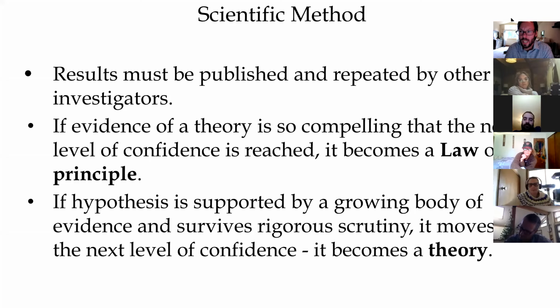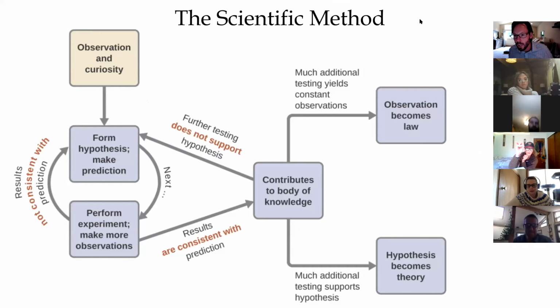So don't make the mistake in my class of using theory incorrectly. Okay. And I will probably test you on that. There'll probably be a quiz question or a test question to see if you know what a theory is and just how powerful a theory is, okay? All right, I'm gonna get off my soapbox with that and move on to